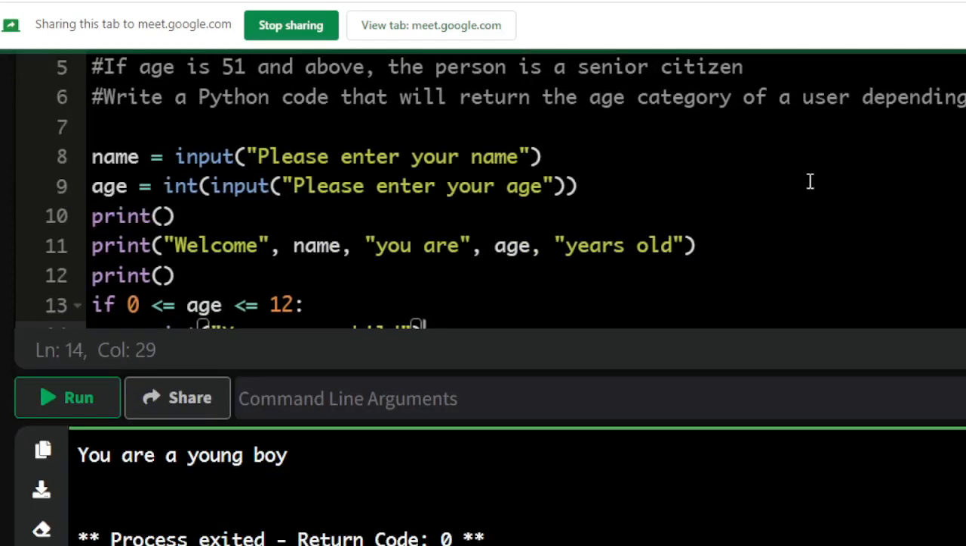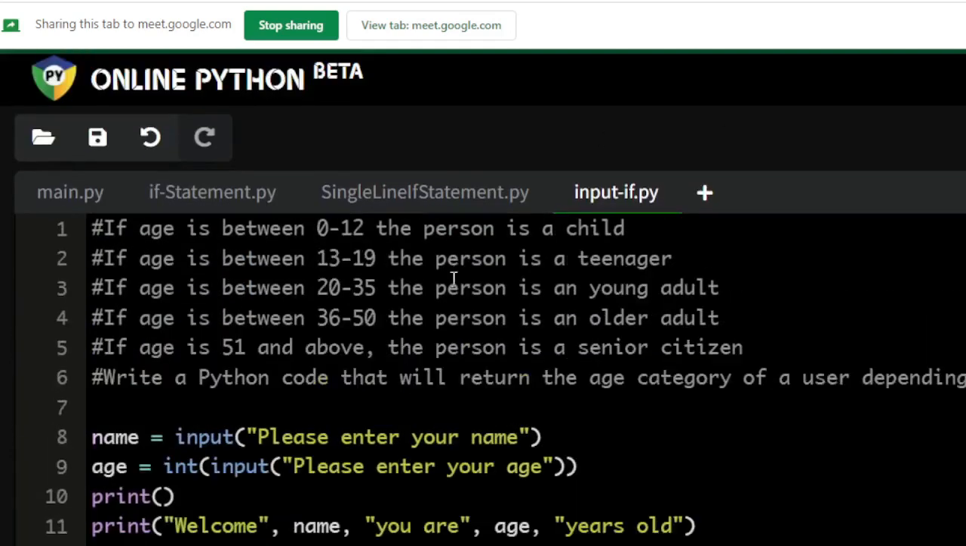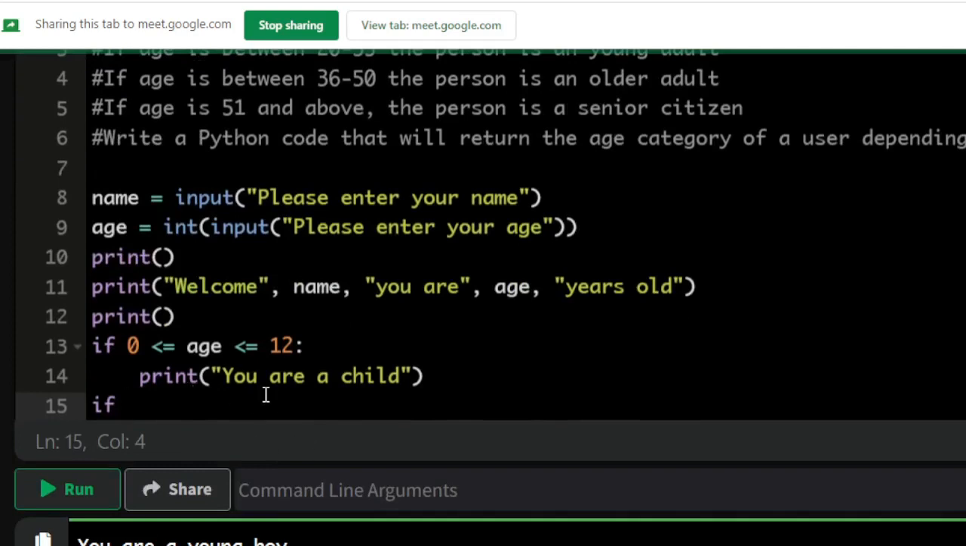And now you do the second one too. Okay? So what's that second one? We are looking for all ages between 13 and 19. All ages between 13 and 19. That's what we are looking for next. So, Shafam, can you tell me how we are going to represent this? Yeah. If 13 is less than or equal to age,